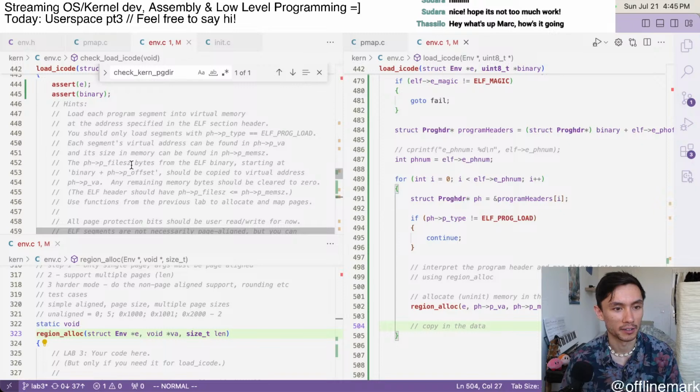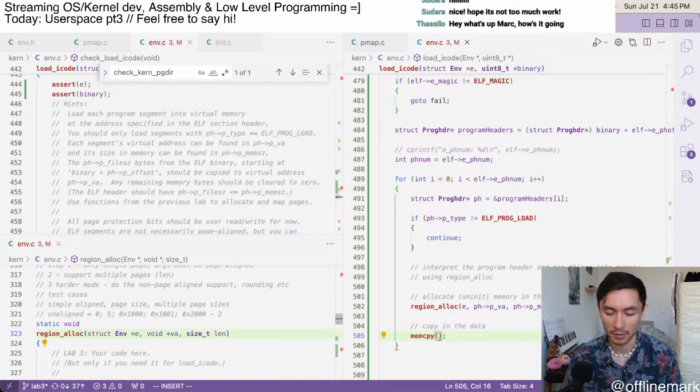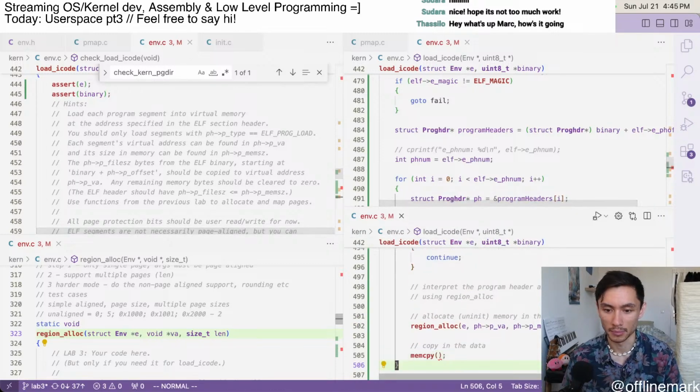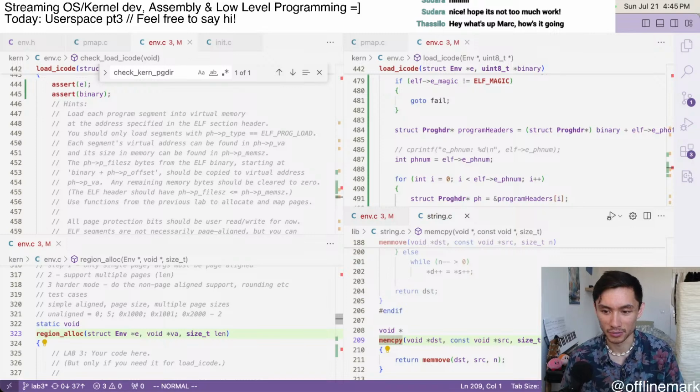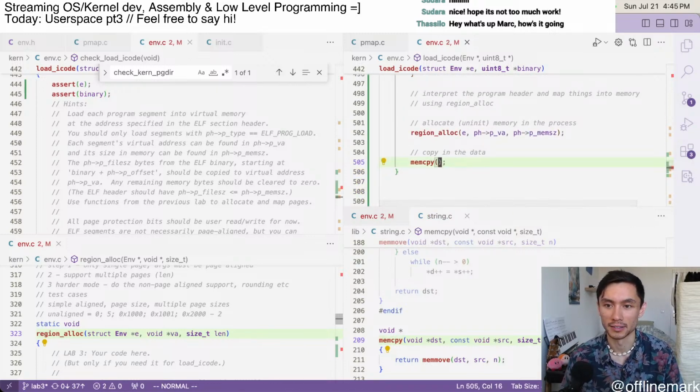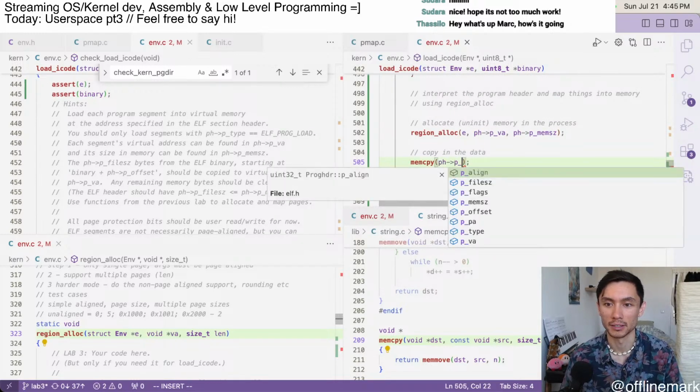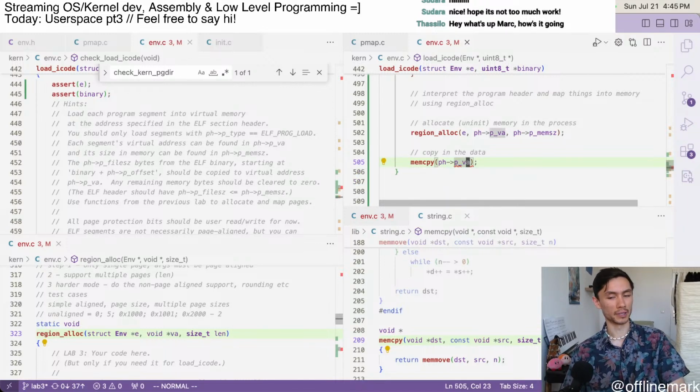File size bytes from the ELF binary starting at so-and-so should be copied to virtual address there, right? So do I have a memcpy? I do have a memcpy. How do you call memcpy again? Destination, source, int, right? So destination is going to be ph VA. I should be able to directly write there, I think, because